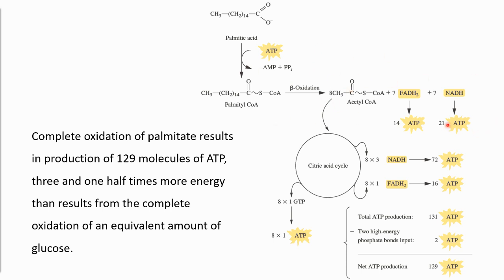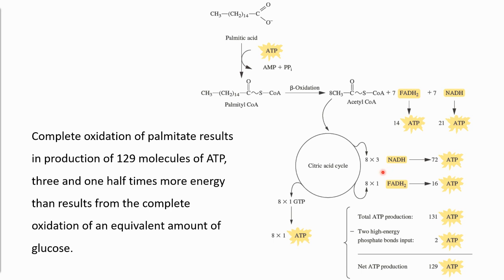Now, since it went through the electron transport chain, the 7 FADH2 became 14 through the low energy electron transport chain, while NADH produces high energy, so it's times 3. And the rest, the 8 acetyl coenzyme A, entered the TCA cycle or citric acid cycle. Since it went around 8 times, so 8